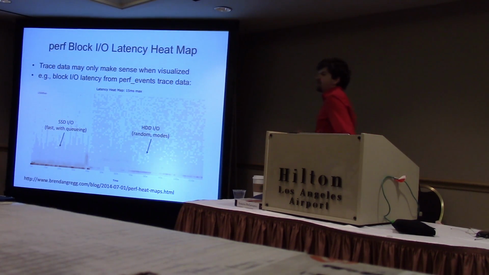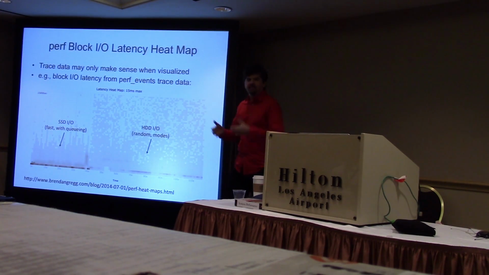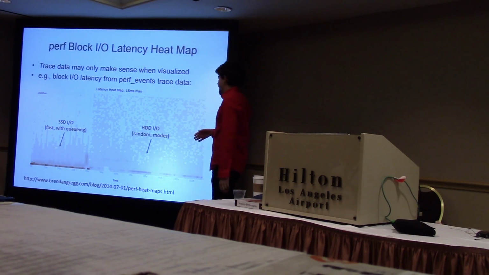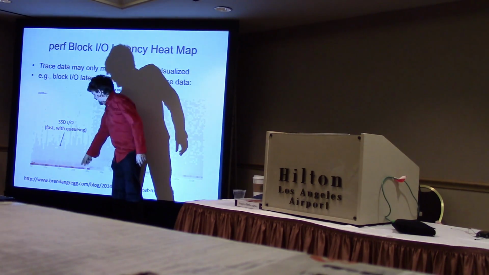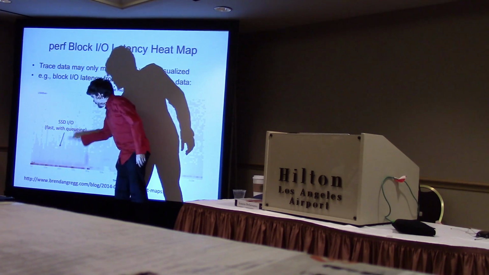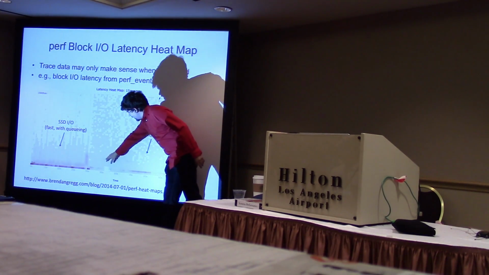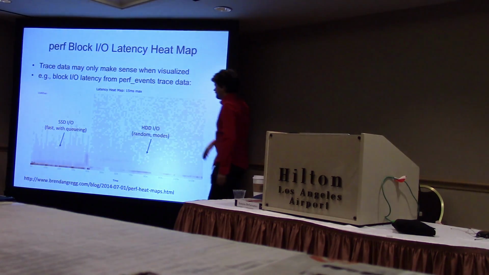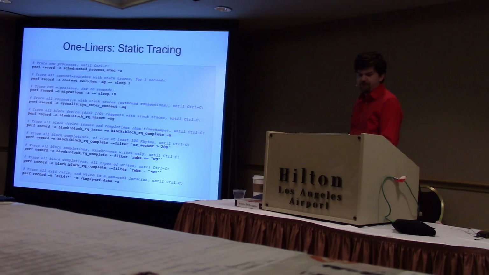With perf tracing, you get so much data, sometimes it's helpful to visualize it. So here's an example of taking block I/O or disk latency and showing it as a heat map. And so here I've got SSDs, which are fast I/O, latencies on the y-axis. Mostly they're quick, but here's some queuing. And here's some disk I/O. There's 2 modes. There's a higher mode, a lower mode, just random. So just a very effective way to consume a ton of trace data as well. And I've got a URL for how you can build those.